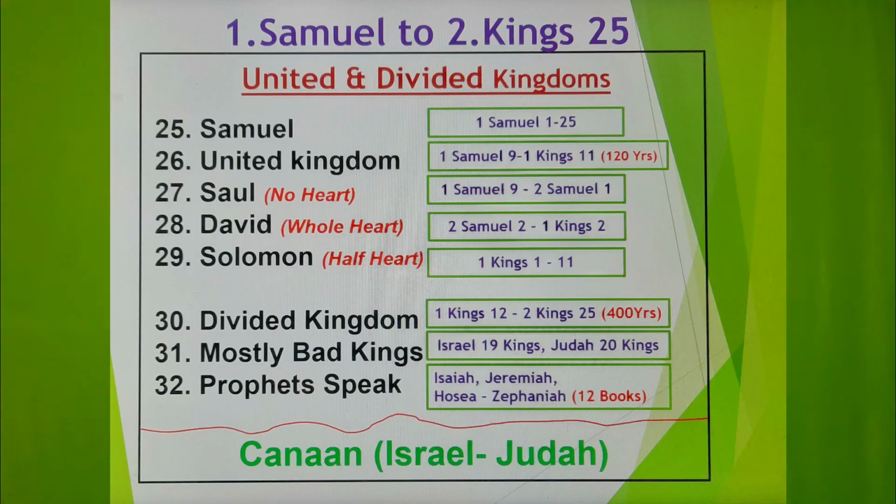These are the 3. So God gave him gold and silver, but he was not satisfied with that. He wants more and more. These days also some people are like that. When God blesses them, they go after money and riches. Be very careful. So Saul, no heart for God. David, whole heart for God. And Solomon had a very good start, but he became a carnal man.